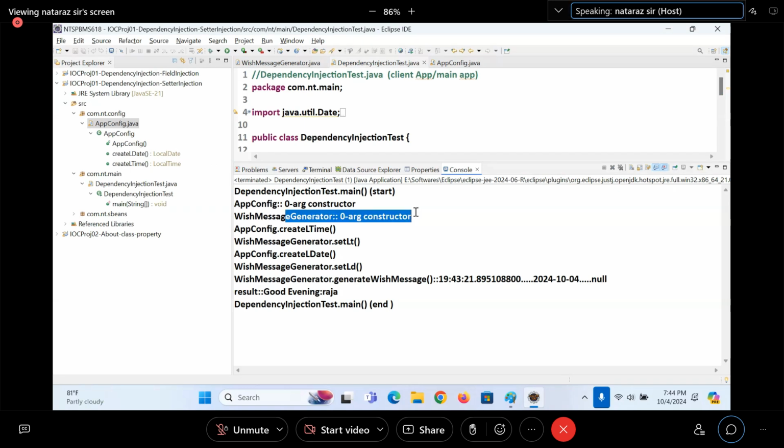Then it is calling createELTime, createELDate, createELDT. After calling createELTime, it is calling the setter method to complete injection on the property. After calling createELDate, which creates a LocalDate class object, it is calling the setter method to complete setter injection on the property. Same thing is happening here or not?